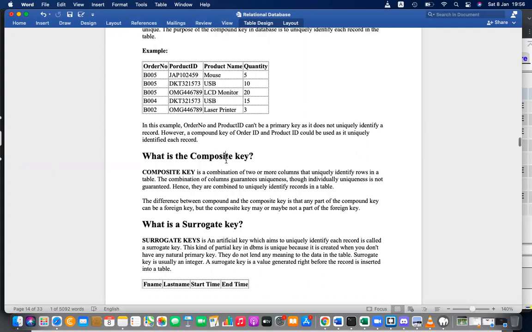In composite keys, it can be any two keys, or two or more keys. Composite can be anything. But when it comes to compound, the keys combined are primary keys of some other table.